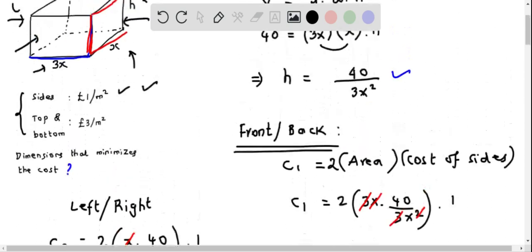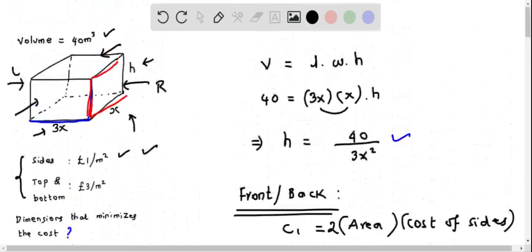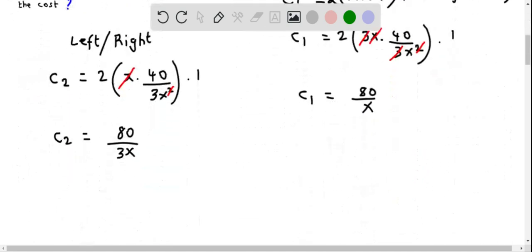Now let's write down the expression for the top and bottom. Notice that for top and bottom, the cost is 3 pounds per meter square. So we can see this is the top, which has a length of 3x and a width of x. So let's say for top and bottom,